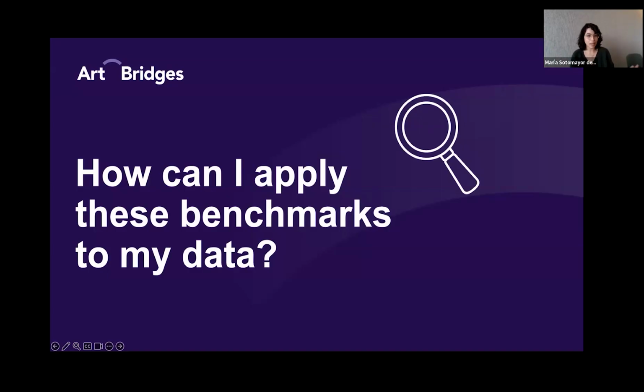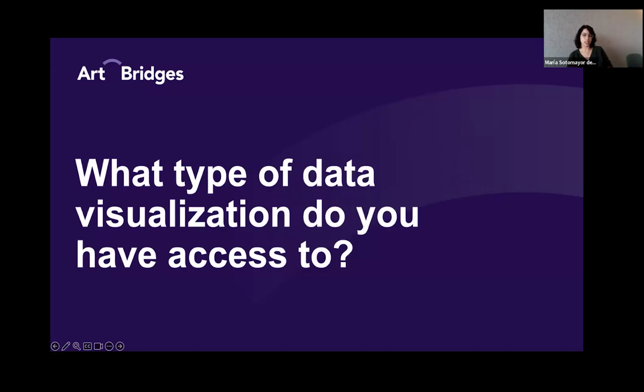So now, Kim has given you an overview of what that national COVES aggregate looks like. I'm going to help you apply these benchmarks to your own site-specific data. One way of doing this is figuring out what sort of data visualizations you have access to. And here we can go to the next slide. If your site is collecting data independently, you'll probably have access to some raw data files in Excel. Your site might even have its own data dashboard, which is even better.